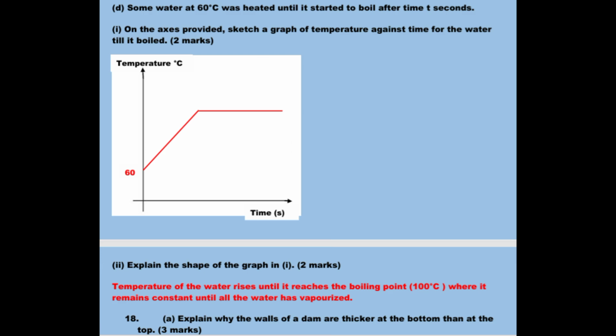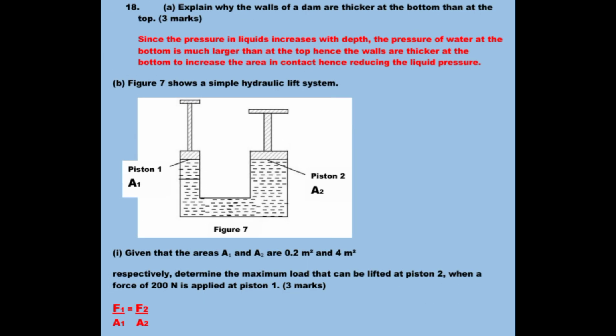We go to the last question, number 18A. Explain why the walls of a dam are thicker at the bottom than at the top. Since the pressure in liquids increases with depth, the pressure of water at the bottom is much larger than at the top. Hence, the walls are thicker at the bottom to increase the area in contact, hence reducing the